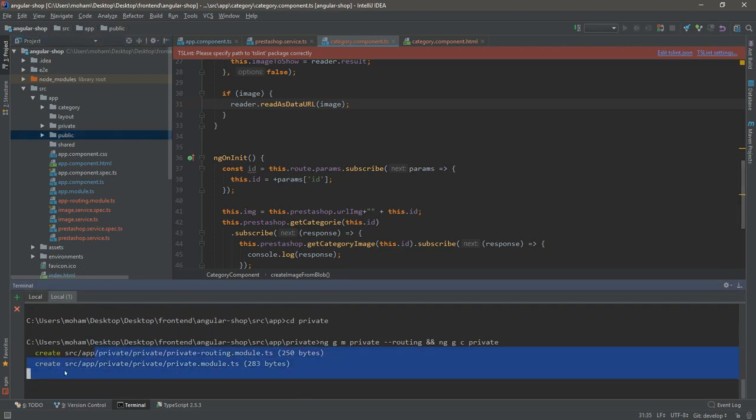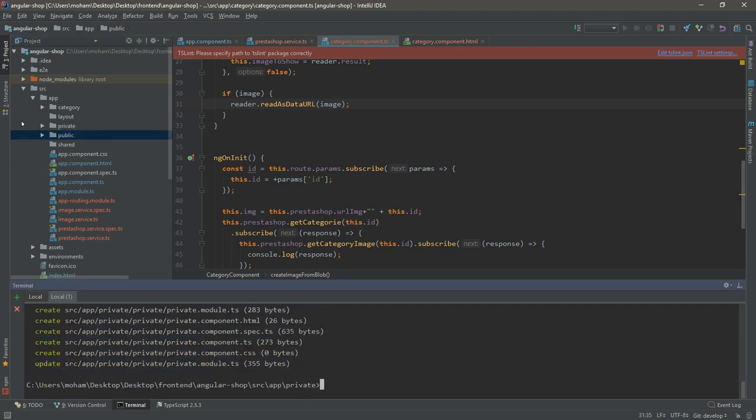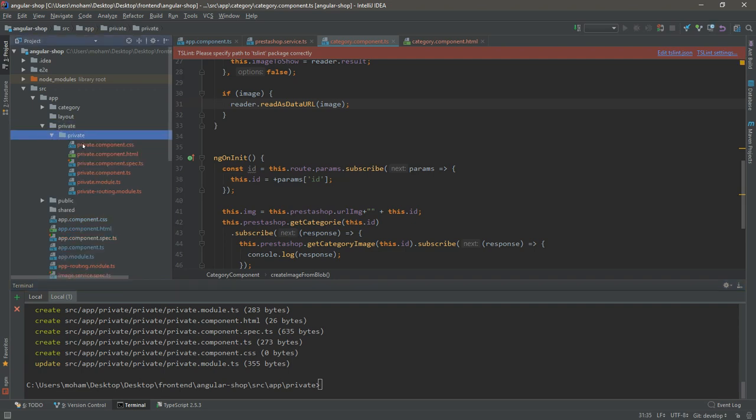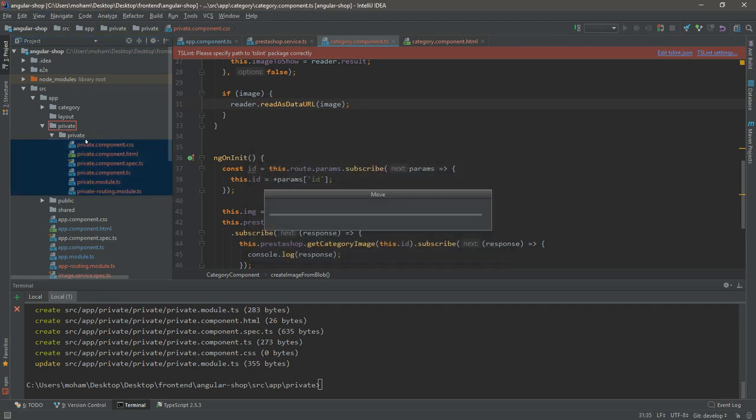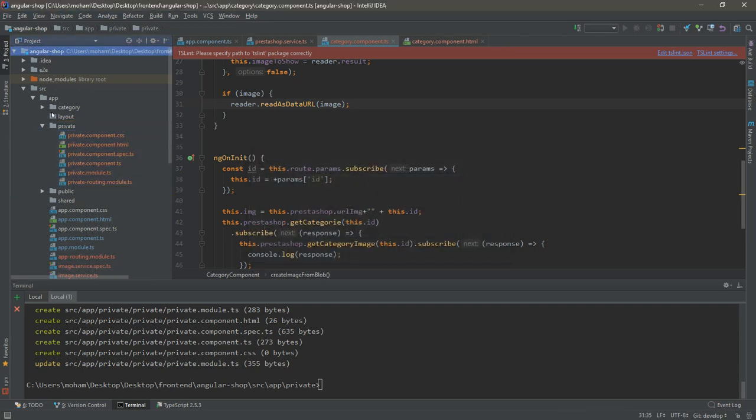So we have the module first, then the component must be generated second. There you go. And exactly the same thing, all the files must be moved directly to the root of the private folder. Okay, perfect. And what's next? We are public, we're good. Oops, I also need to take this out. Okay,